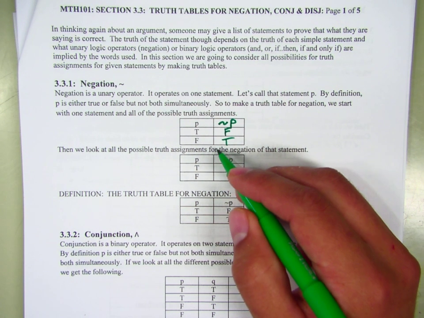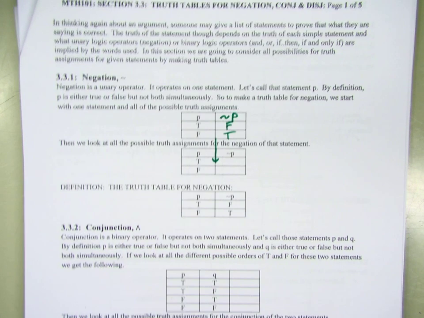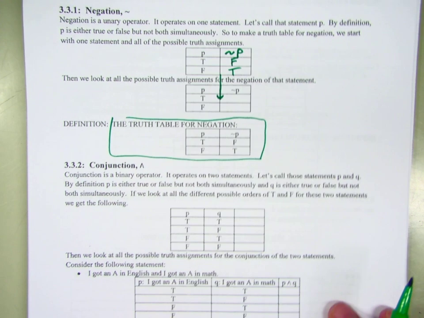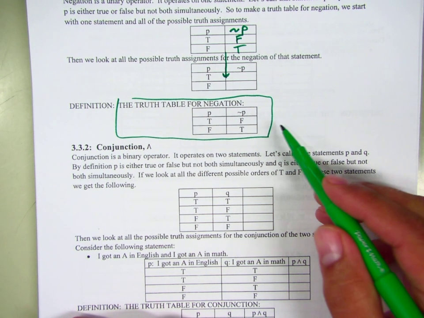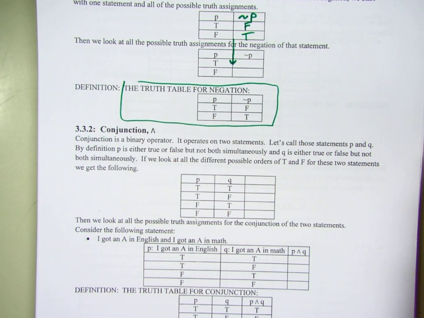And I think I just filled in your table down here. Okay? So this is your first definition for a truth table, just a simple negation of one statement. Okay? Now,